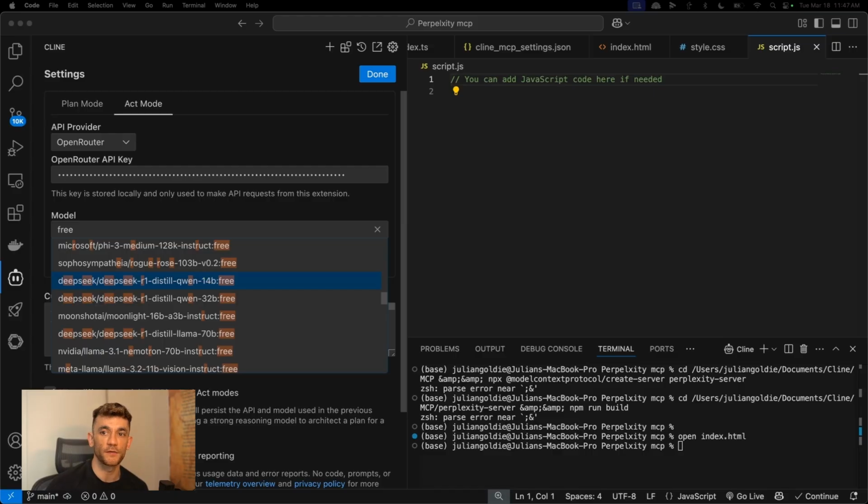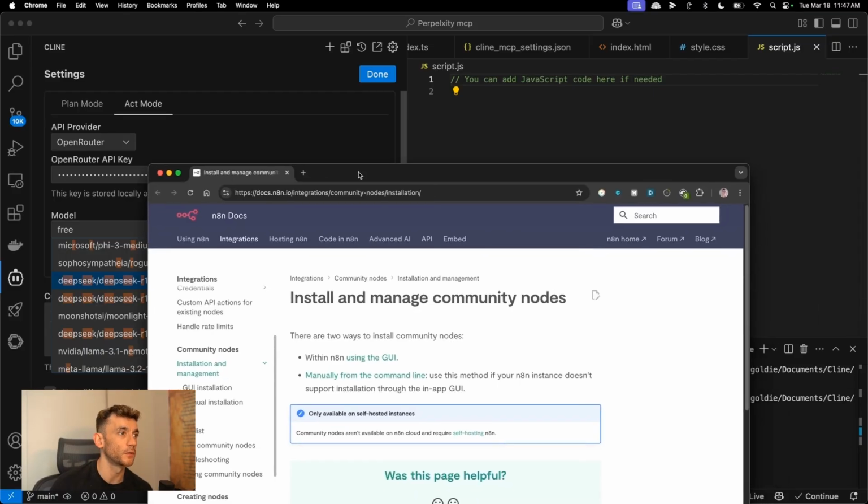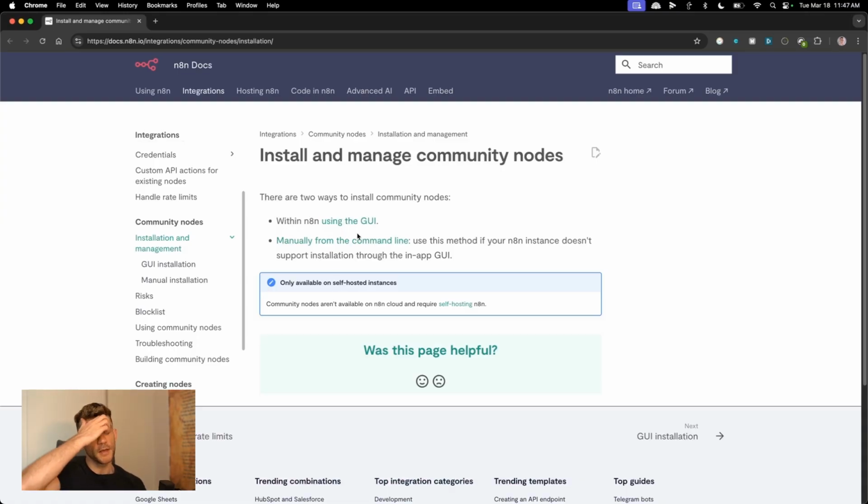This is something that I'm working on, but it requires local hosting, right? So you basically have to set up local hosting with n8n or self-hosting, and then you can start allowing community nodes to install MCP servers, right? So if you want to install MCP servers on n8n, you have to install it and self-host it locally or